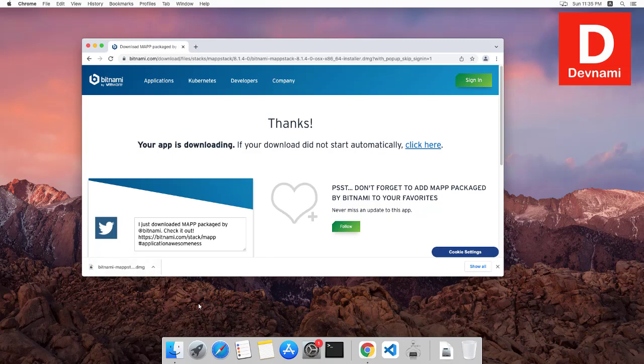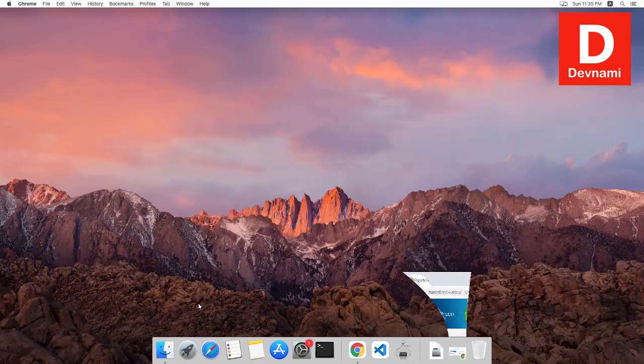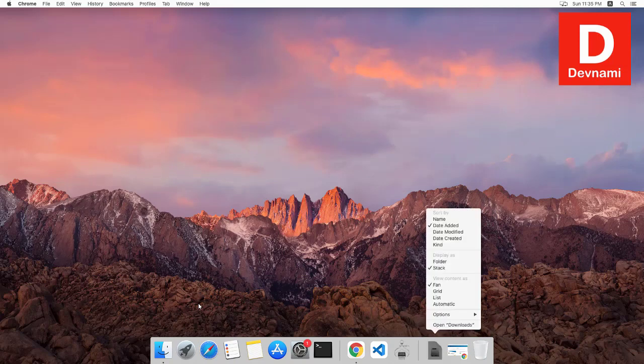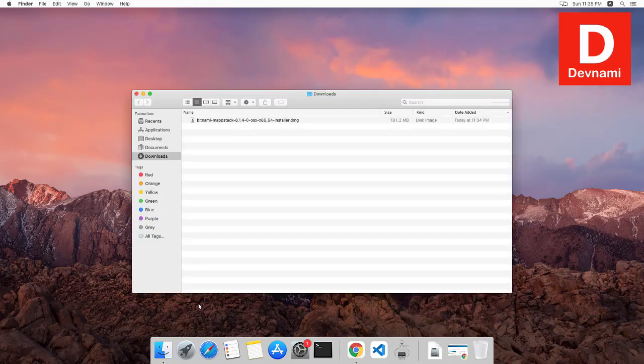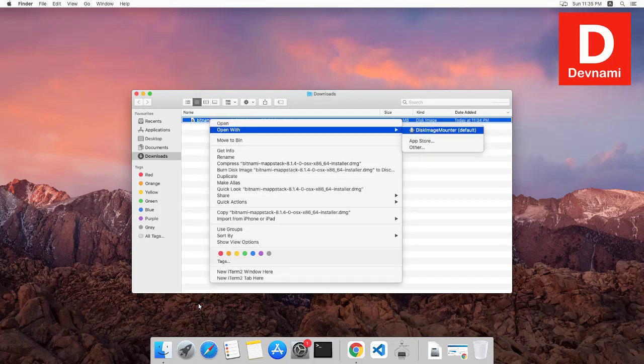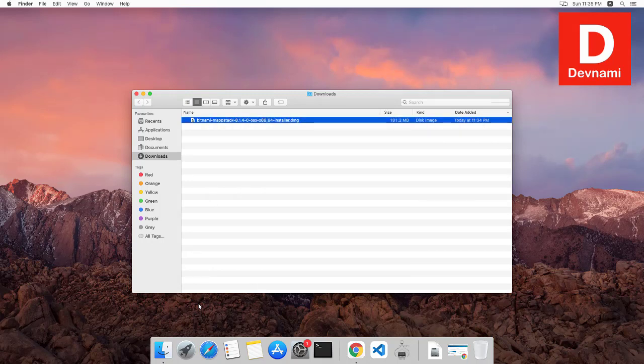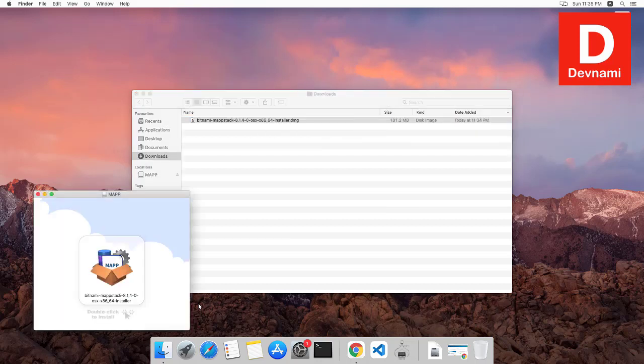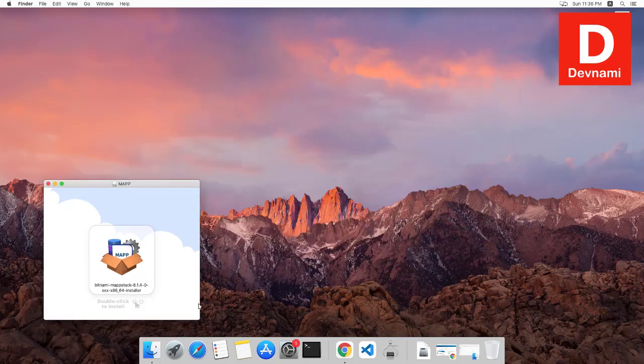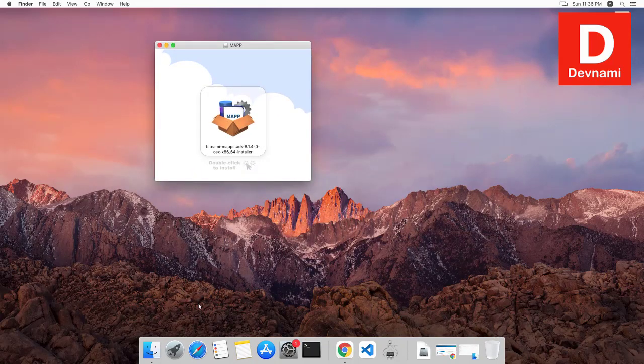Now that the installer is downloaded, let's go to the downloads directory, and here as you can see when we open it we'll find the installer there. What we have to do is right click on it and open with Disk Image Mounter, and then that should start the installation as well. Okay, if it requires sudo to run, make sure to run it as well. So Bitnami's MAP looks something like this. So you have to double click to install. So double click,